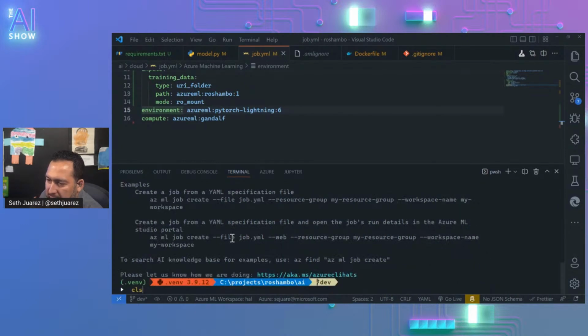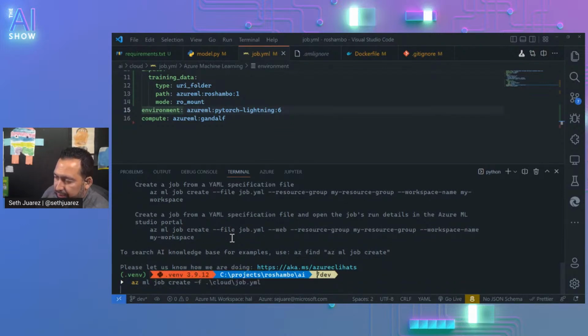I'll just do minus F. az ml job create minus F cloud job dot YAML. Here we go. Let's see what happens.